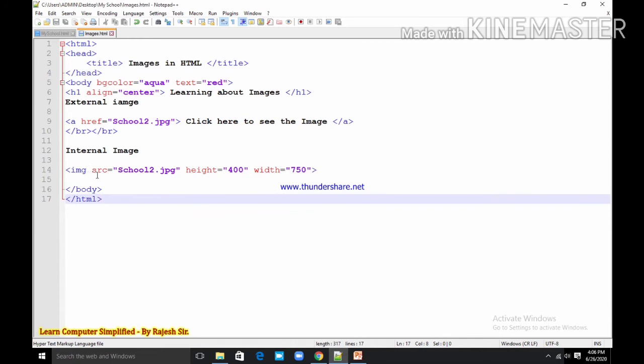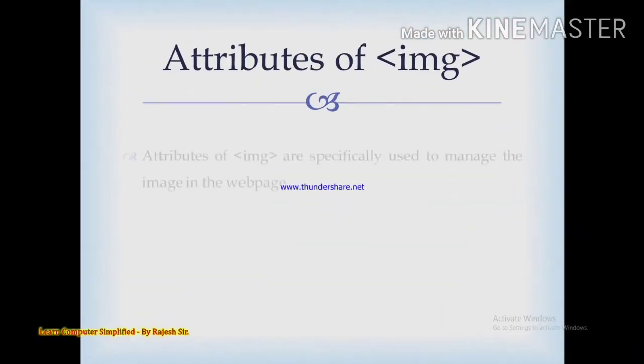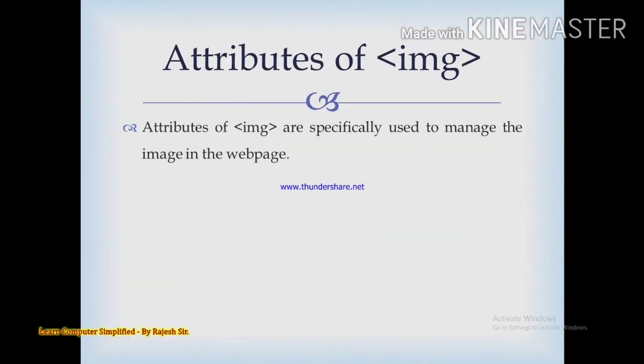Now among the attributes of img, source, that is src, is a compulsory attribute. Without src we cannot add any image. Okay, attributes of img are specifically used to manage the image in the web page.